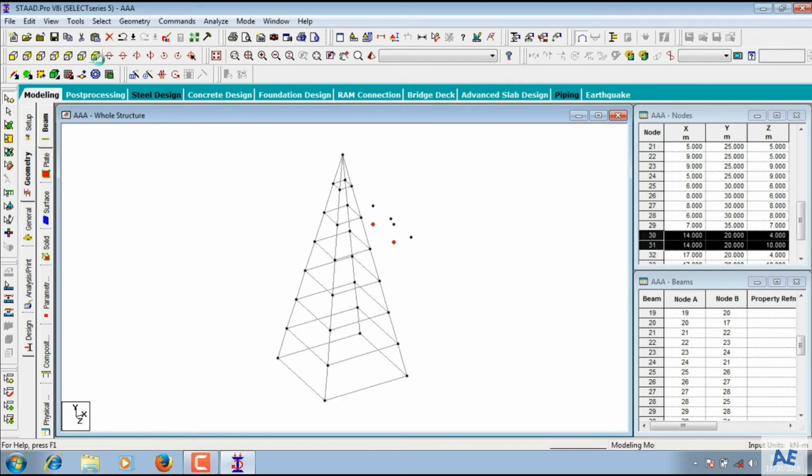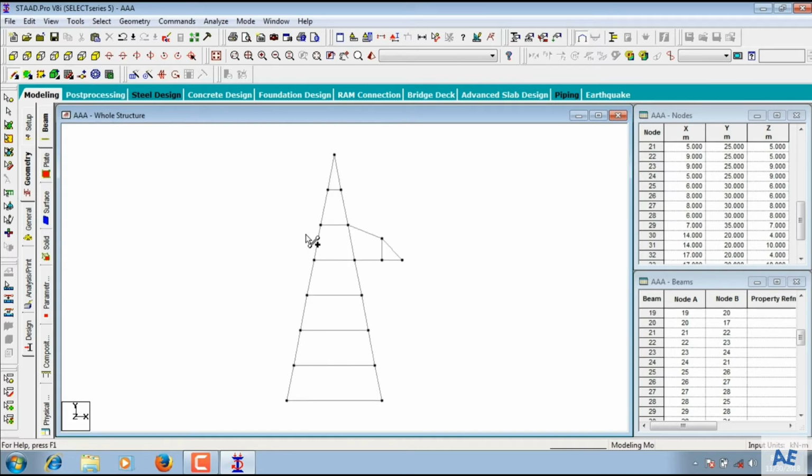I will show you this model in isometric view. This is my isometric view. After that, I need to join these node points with your beams. For that, go to add beam command, select your beams. Finally we need to add the entire remaining 2 nodes. In a similar way, I am adding the left hand side wing.